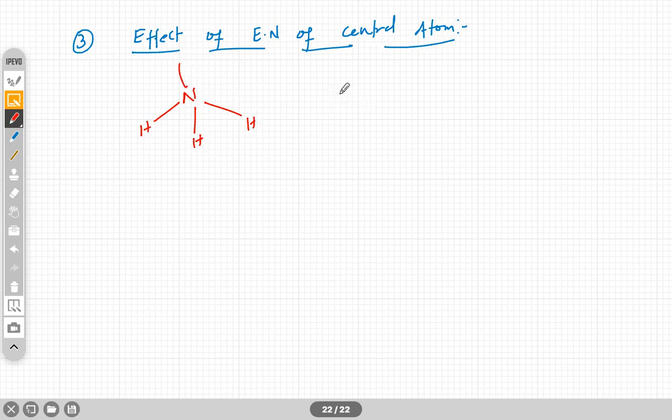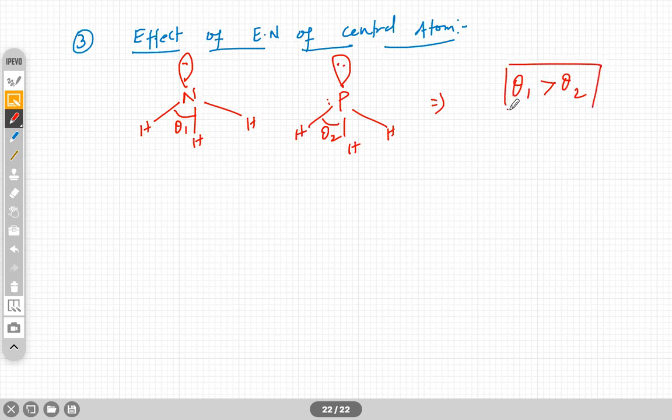NH3 and PH3. You see what happens here, obviously, theta 1 is the bond angle here, theta 2 is the bond angle here, then the theta 1, the bond angle is greater than theta 2. Why it happens, you see,